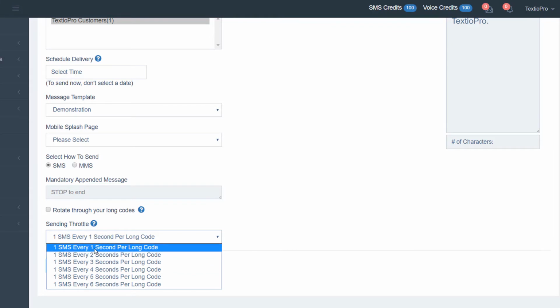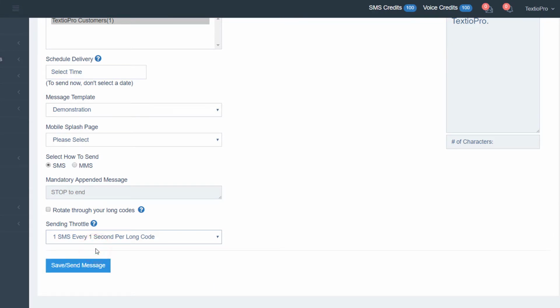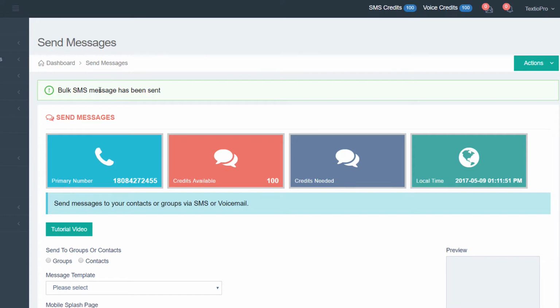In this case, we're just going to use 1 SMS per second because we only have one message we're sending, and we're going to send that message. We see that the bulk SMS message has been sent, and we'll include a photo of that message at the end. So this has been a simplified version of sending the text messages from creating your account to sending a